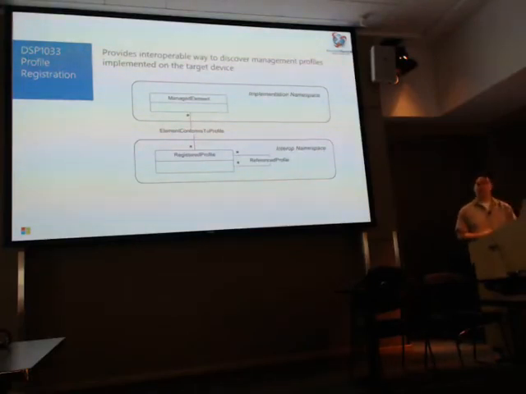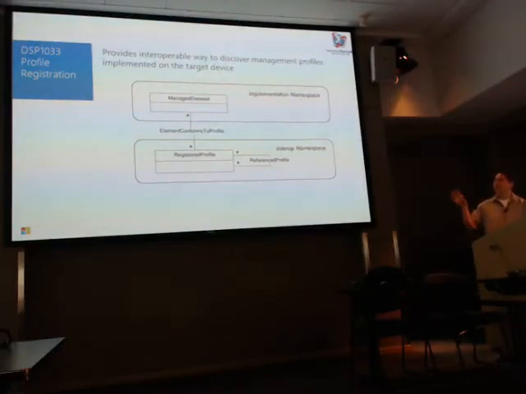What you need to do as a management client is connect to what's called the interop namespace, and there's really just 4 possible values for that. There's interop, there's root interop, and there's trailing slash versions of that. Once you get to that namespace, then you would find the register profile instance that you care about. And then from there, you do this thing again called association traversal to the actual managed element.